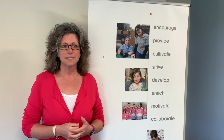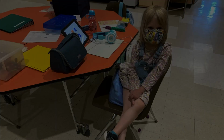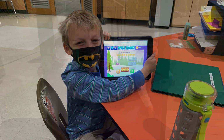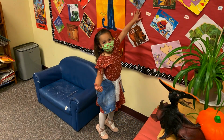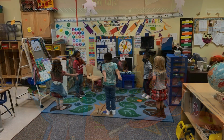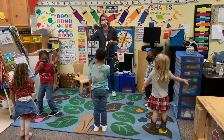The one thing that I can say about this whole process is, and we're all experiencing it now as groups are coming back, but unless you come in with a positive attitude, this is going to be really, really hard. And I can say the childcare group, we call them pioneers, we called them innovators because we were coming back as one of the first groups back into our buildings, and we had to navigate the policies, the procedures, but they came